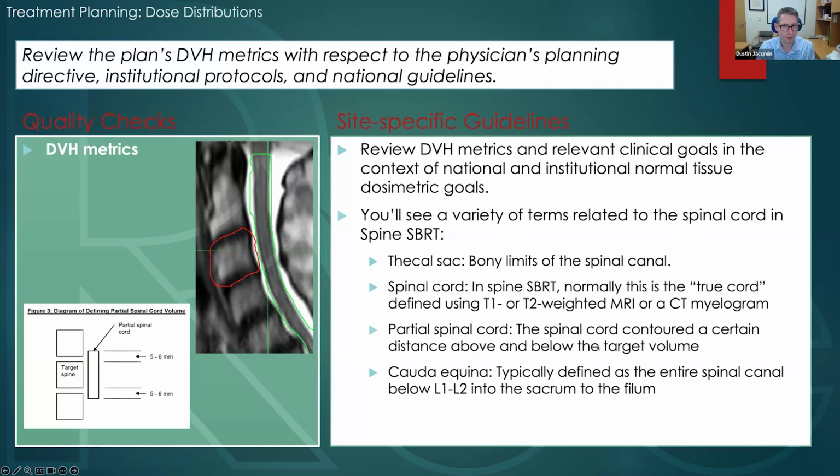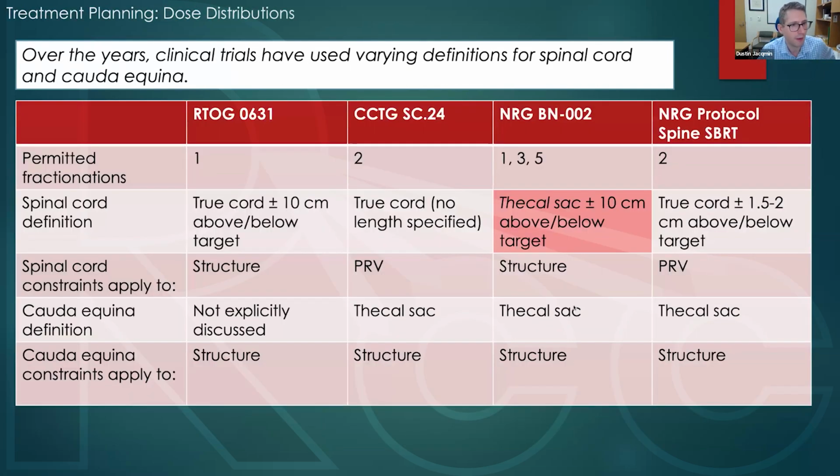If your physician wants to do spine SBRT, make sure you know what protocol they're using and you know the definitions of the structures within that protocol, because you really want to apply the dose metrics to the right kinds of structures. I made this table of 4 different areas where I got definitions. This is RTOG 0613, Canadian trial for 2 gray fractions, NRG BN002, which is sort of like a